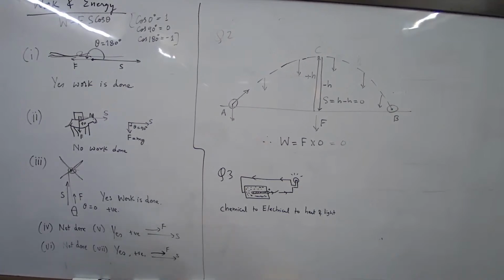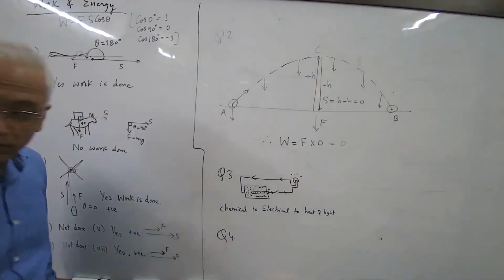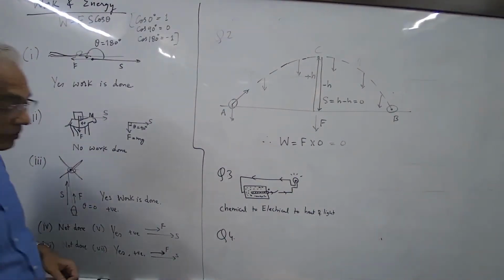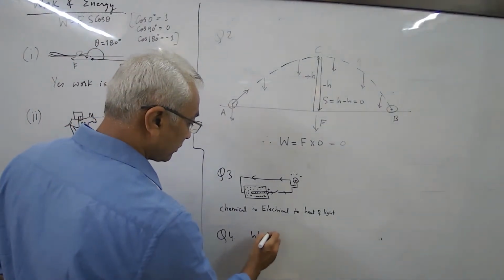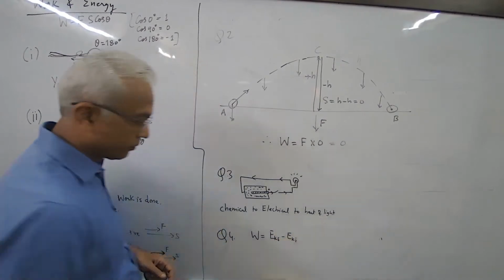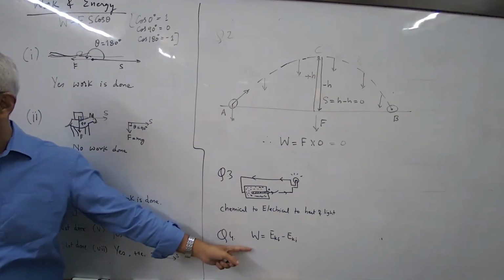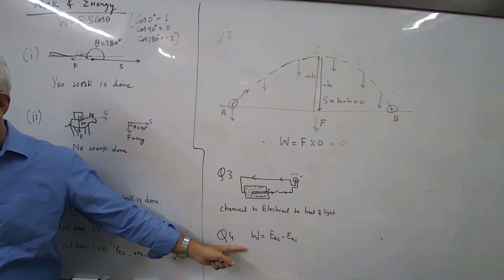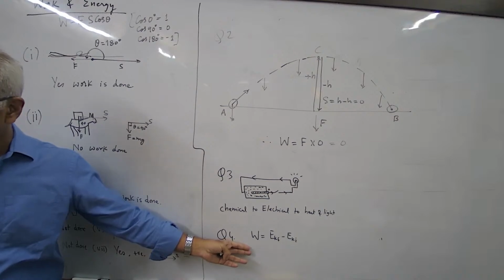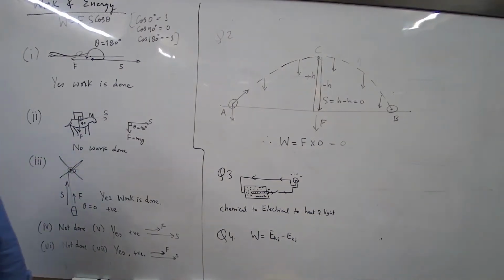Okay. Can you do it? Which formula? Oh, the formulas are erased. Work done is equal to change in kinetic energy. Because the velocity is changing, that means their kinetic energies are changing. Final minus initial. Yes. So the change in kinetic energy is equal to the work done. Do that. So how much?